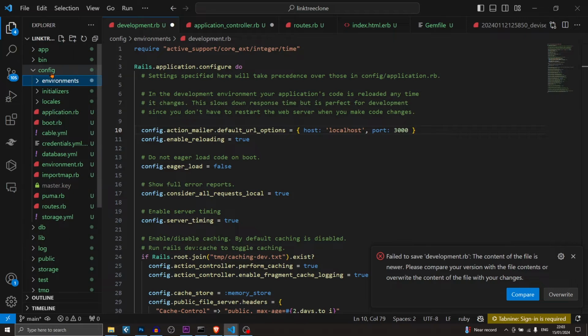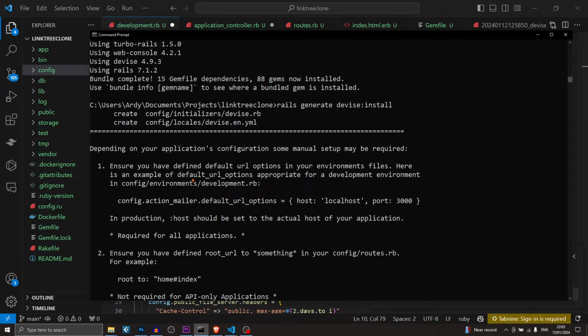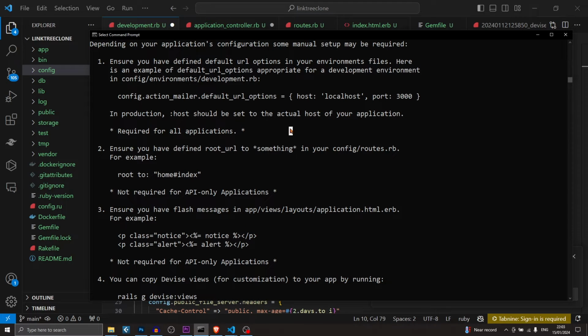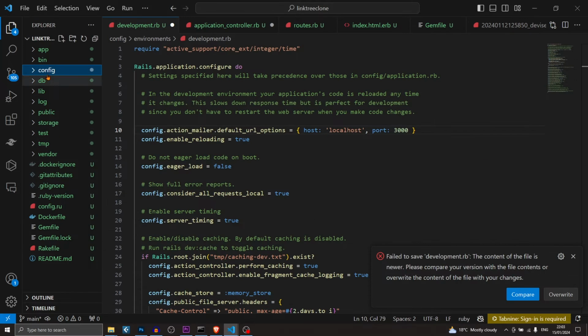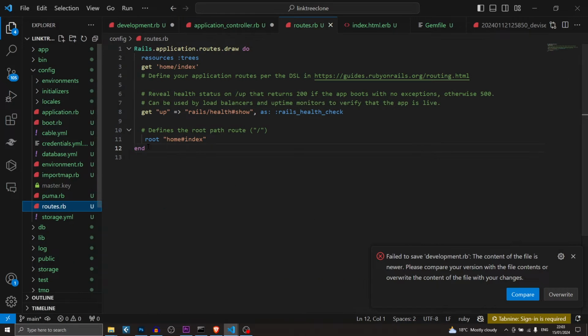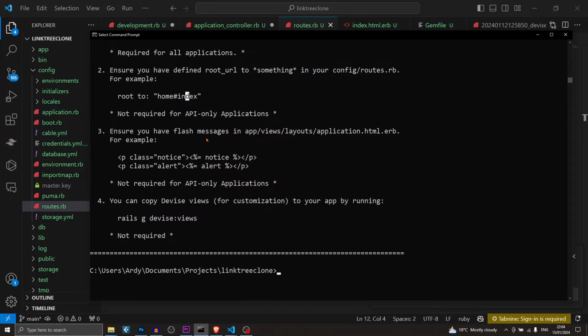Okay. Then what we need to do is go back to the command prompt and follow the second instruction. So tick off the first one. Then it says, ensure you have defined root_url to something in your config/routes.rb. For example, root to home#index. Now, that's perfect because if you remember from the last episodes, we have done that here. As you can see, we've done that. So tick off the second one. Then the third one: